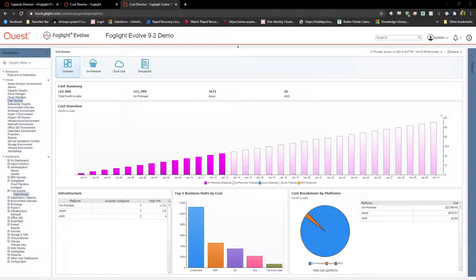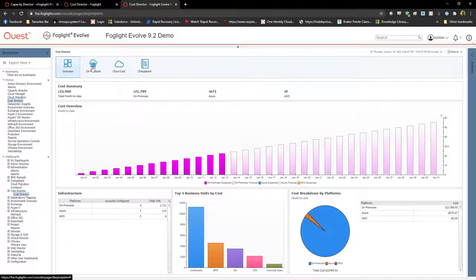I am a sales engineer here at Data Protection with Quest, and today we're going to be talking about Cost Director. Cost Director divides up into two basic pieces: on-premise, the amount of cost consumption for your on-premise servers, and then cloud cost. Cloud cost is if you are monitoring machines that are already up in Azure or AWS. We talk to your subscription, we pull in that pricing data, and we do some advanced modeling with it and help you figure out cost for the future. But first, what I want to talk about is the on-premise costs.